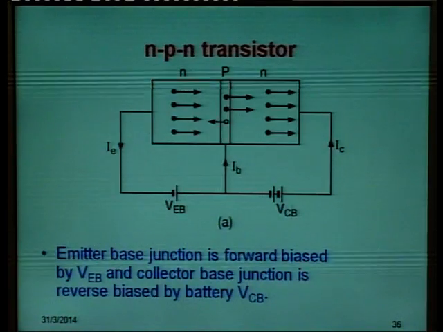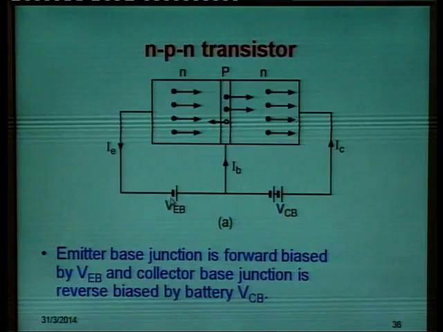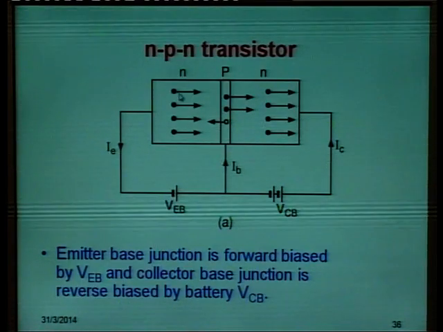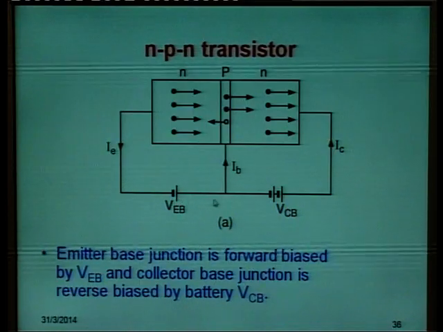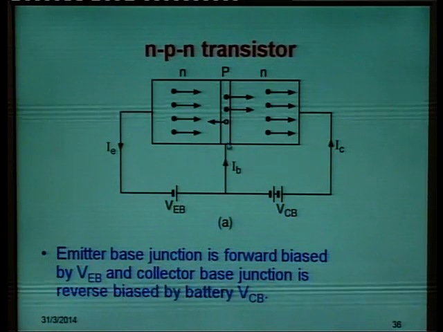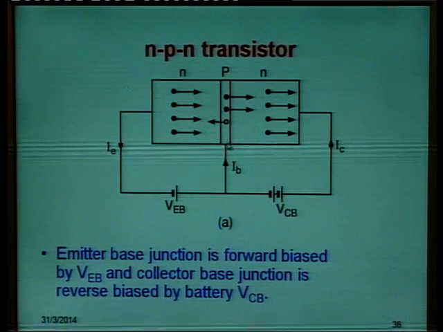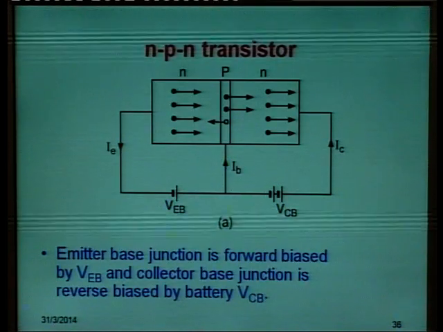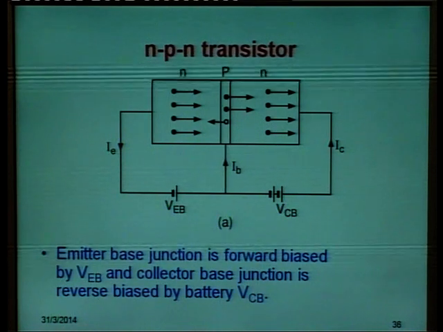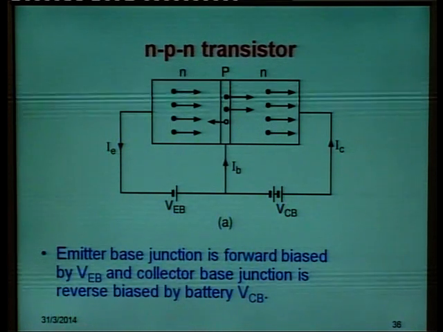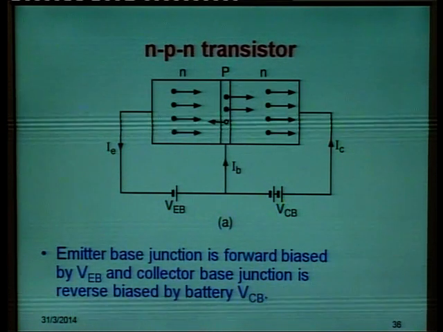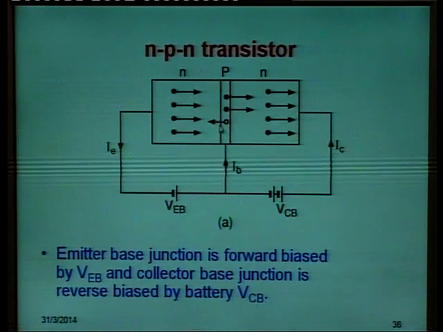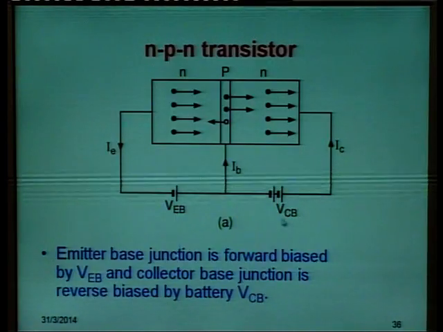In the case of NPN transistor, if you see here, the terminals have been interchanged. Negative terminal going to the N type, positive terminal going to the P type. As we have discussed in PNP transistor, emitter base junction is always going to be forward biased. So, here emitter base junction has been forward biased by VEB. This is the battery that has been attached here. Collector base junction is always reverse biased by battery VCB,